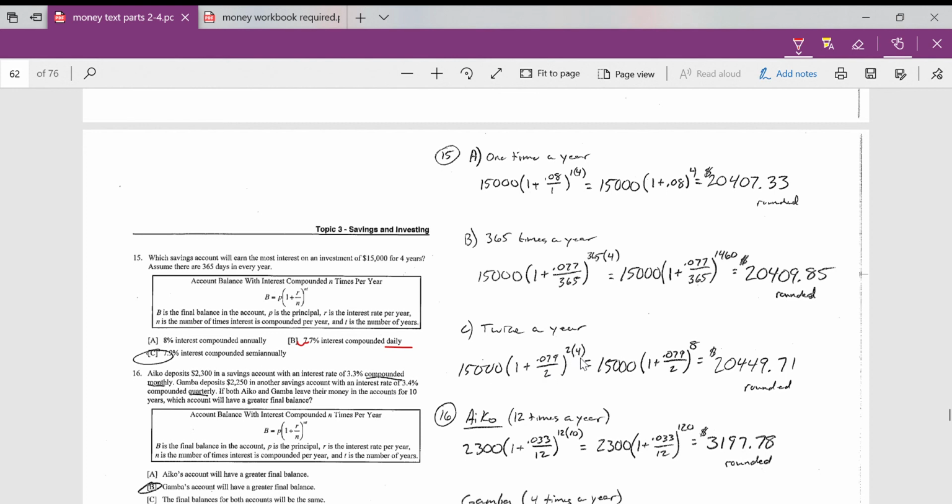Now your steps after that are going to be the same. Okay, you multiply the exponents to get a new exponent. Okay, did that on all these. Then you will divide, add 1, do the exponent, times the principal. Okay. So in 15, you can see here,